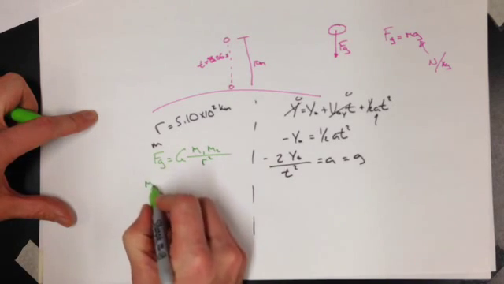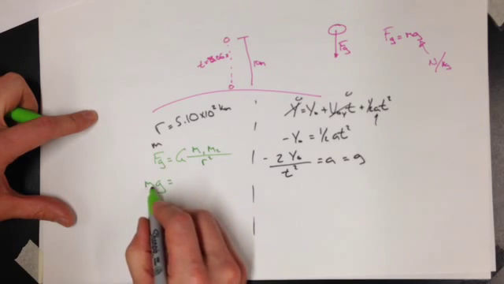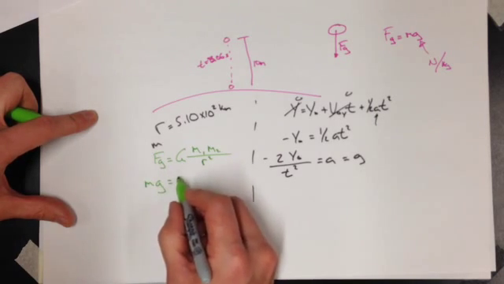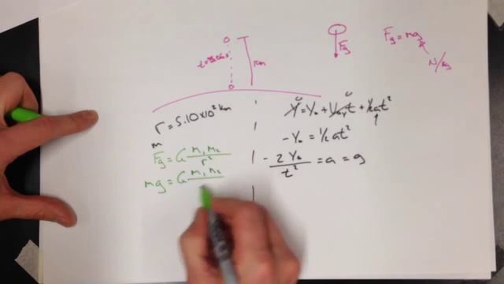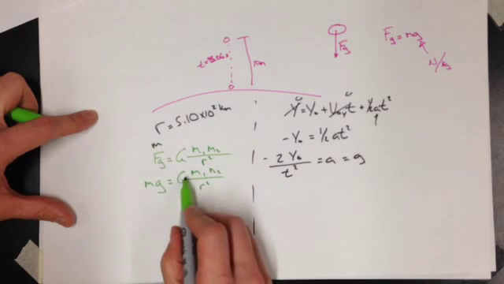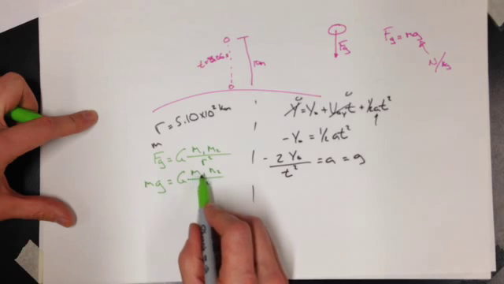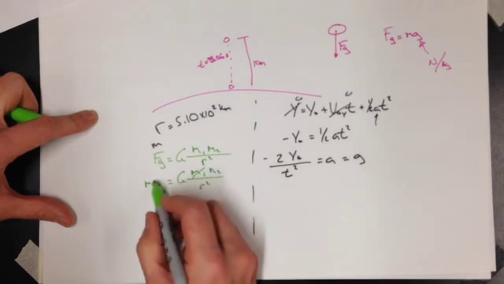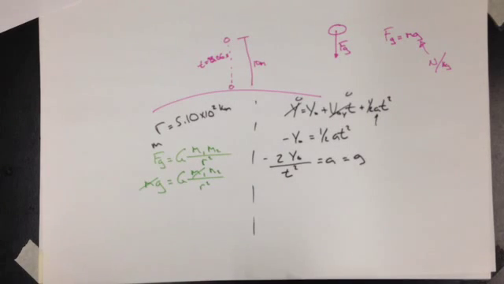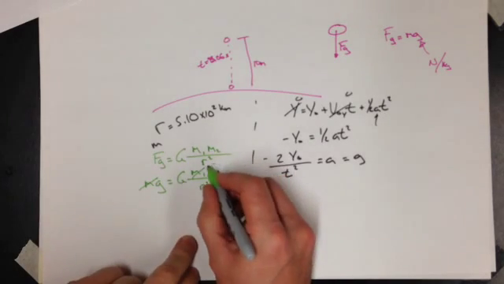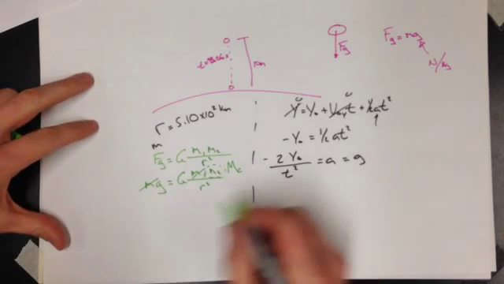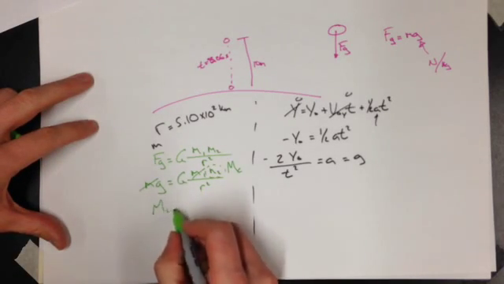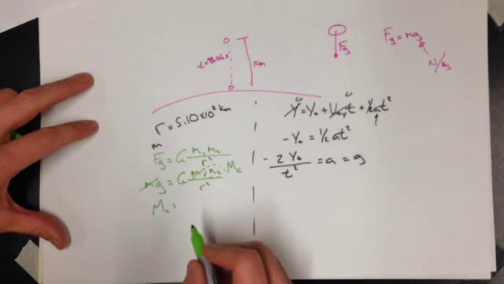I could rewrite Fg as mg, the mass of, let's say, the rock, or actually the mass of anything that's on the surface, is then equal to big G m1, m2, and one of these masses is the mass of that object that's on the surface. So we know what G is, we know what R is, so this mass right here is actually the mass of Ceres. So if we just solve for that, we end up with mass of Ceres is equal to